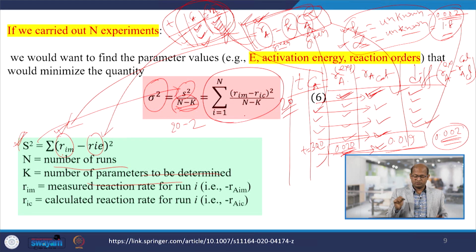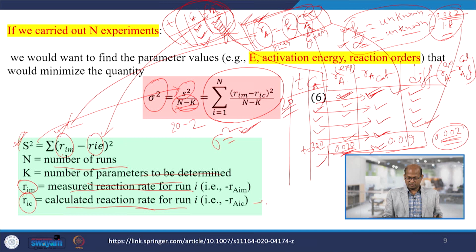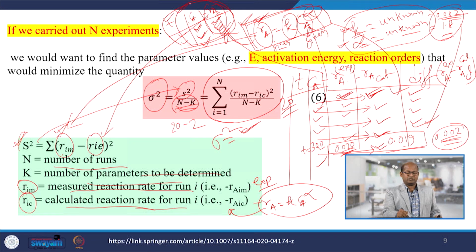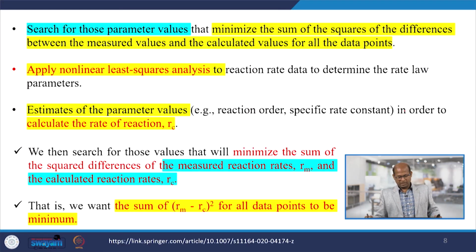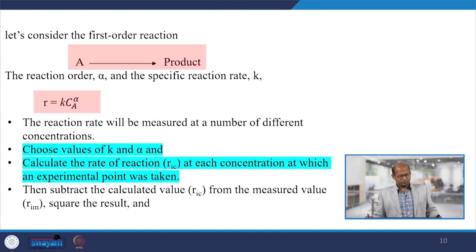So, if we sum up those things, we have to know this sigma square value, the sum square value. R I M is the measured reaction rate, and R I is the calculated reaction rate from the rate equation, C to the power alpha. So, from this rate we have to find out, and the experimental rate we have already found out from the temperature concentration data. So, this is the experimental data we have evaluated, and now we have the calculated data. So, this way we can